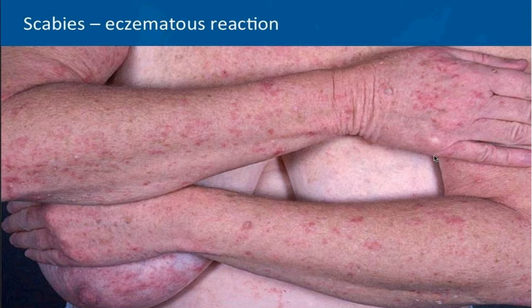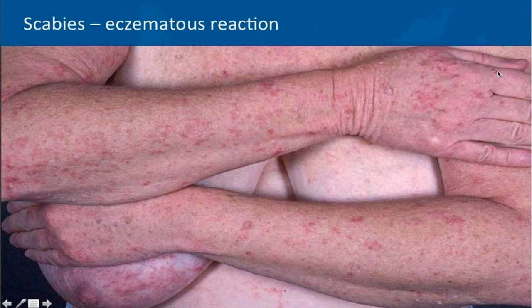So I'm going to show you a few of the classic and variant presentations of scabies just to refresh your memory. One of the important things is that when someone has scabies, usually if they're an immunocompetent person, they just have a few mites in the burrows on the hands, around the nipples, axilla, or genitals. And all of this eczematous-like reaction around the rest of the body is an allergic reaction we call an id reaction, or autoeczematization. So if you're thinking of where the mites are on this patient, up here on the arms, you're not going to find any mites.